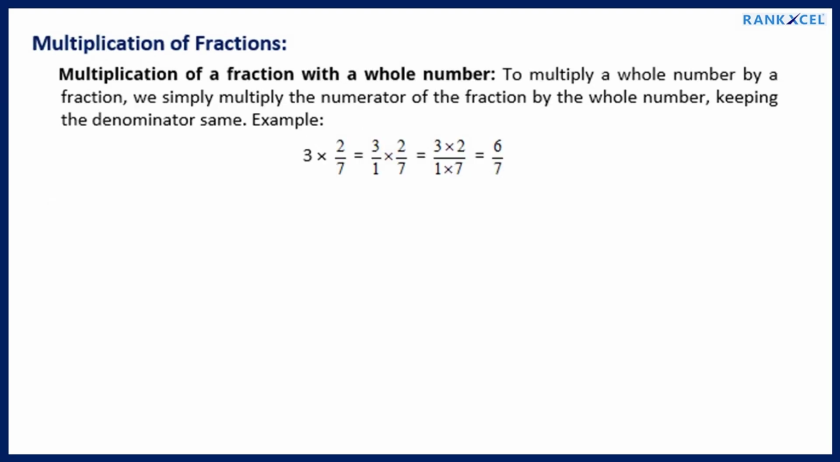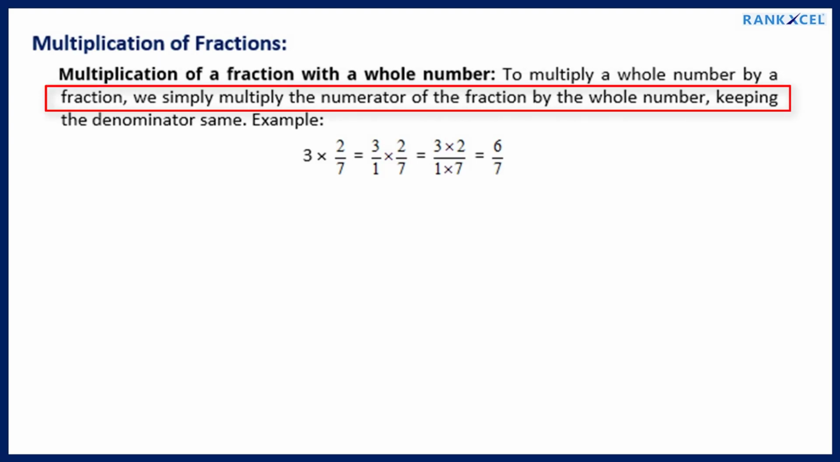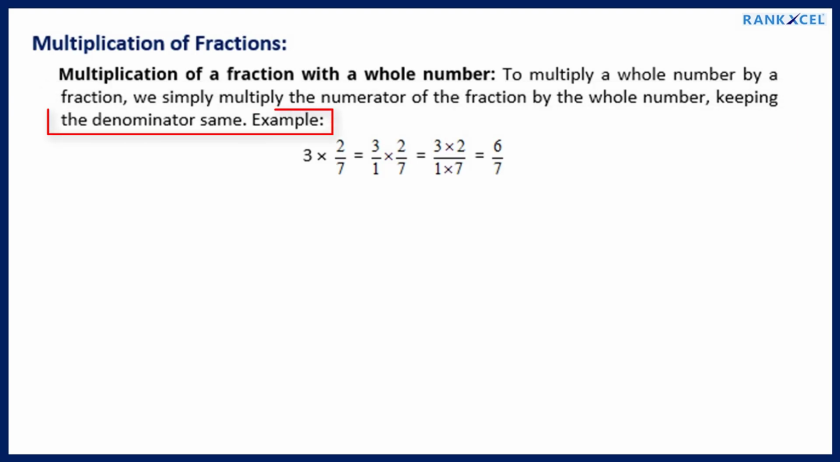Multiplication of fractions. Multiplication of a fraction with a whole number. To multiply a whole number by a fraction, we simply multiply the numerator of the fraction by the whole number, keeping the denominator same. Example: